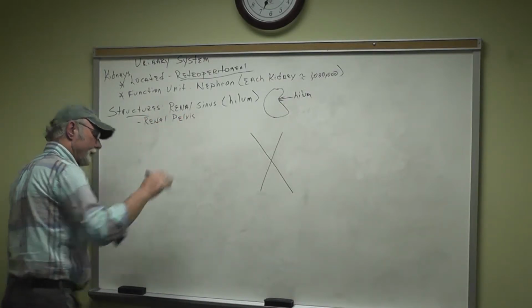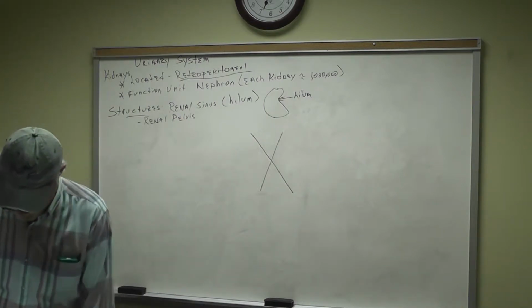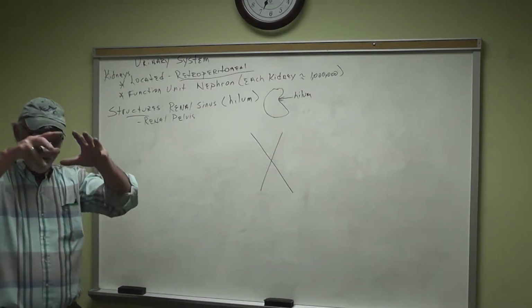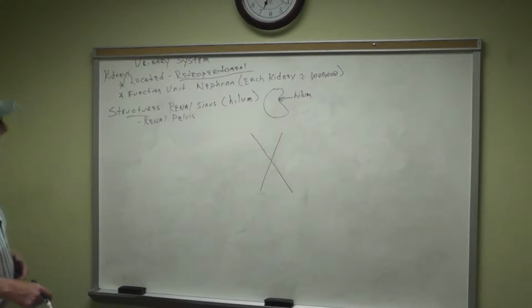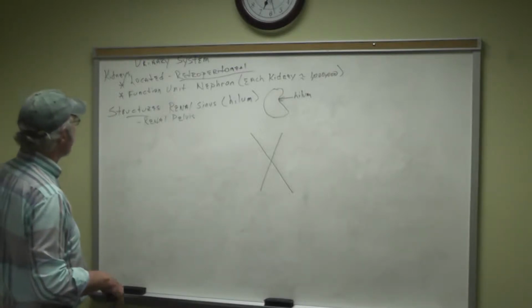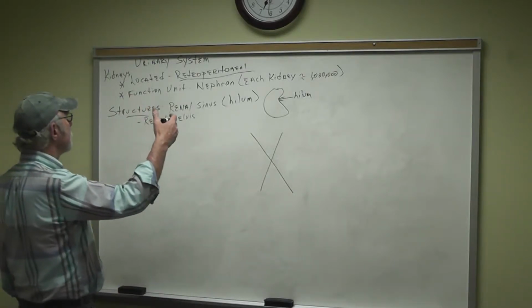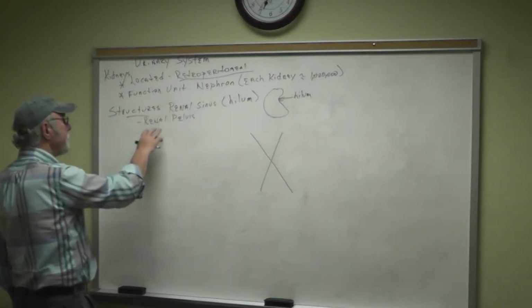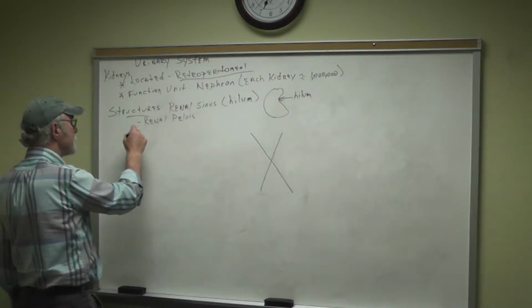And this is where, if we look at the diagram on page 525, figure 17.2, you'll see that the renal pelvis is the large area where, by the time it reaches there, it will be called urine, will collect and then move into the ureters, okay? So in the urinary system, we have the kidneys, some structures, renal pelvis,